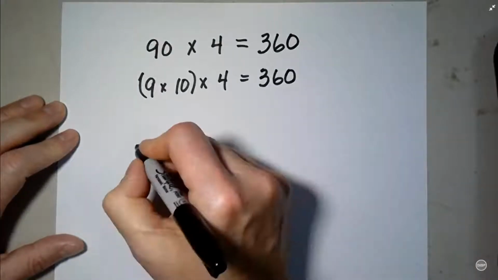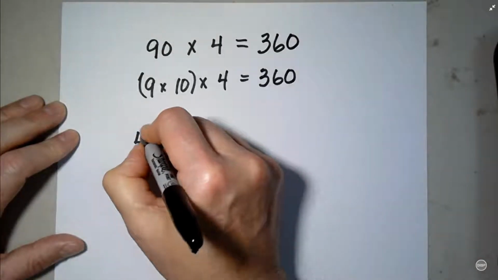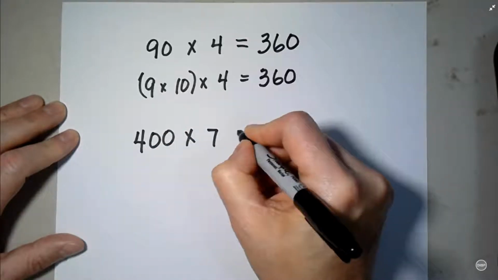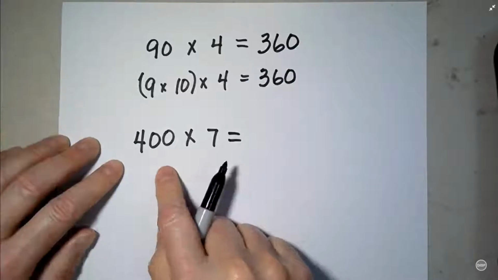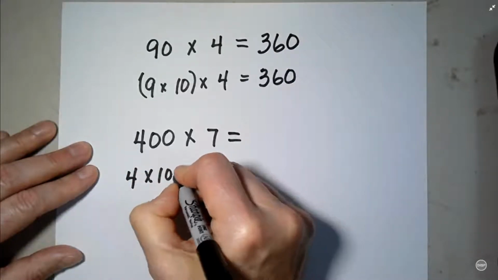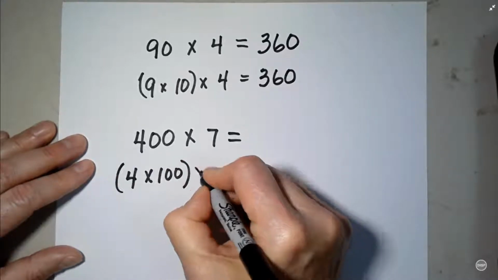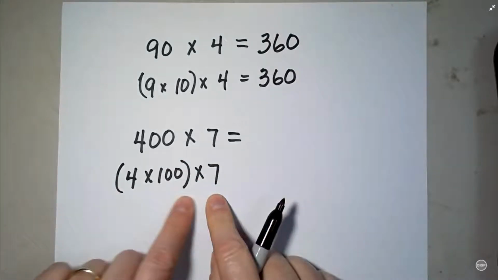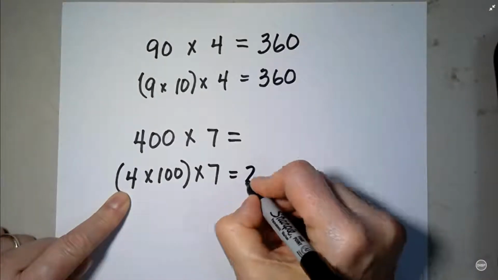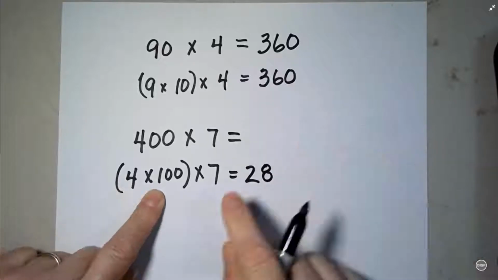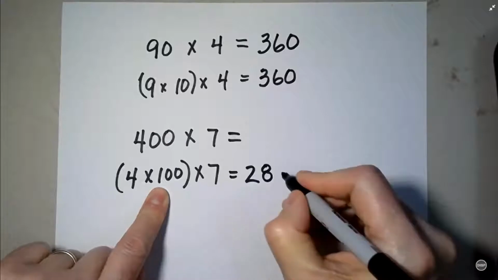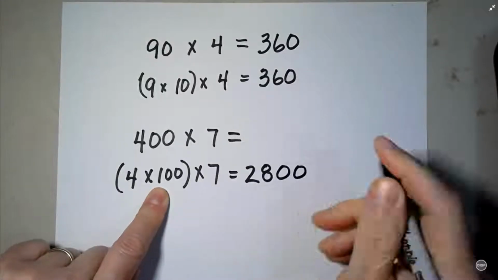Let's take a look at one more real quick. Let's do 400 times 7. Okay, and so we break that 400 down into 4 times 100 times 7. And we're just going to do the 4 times 7 first, which is 28. And when we multiply by 100, okay, 100 is 10 times 10, so we're going to add 2 zeros, and